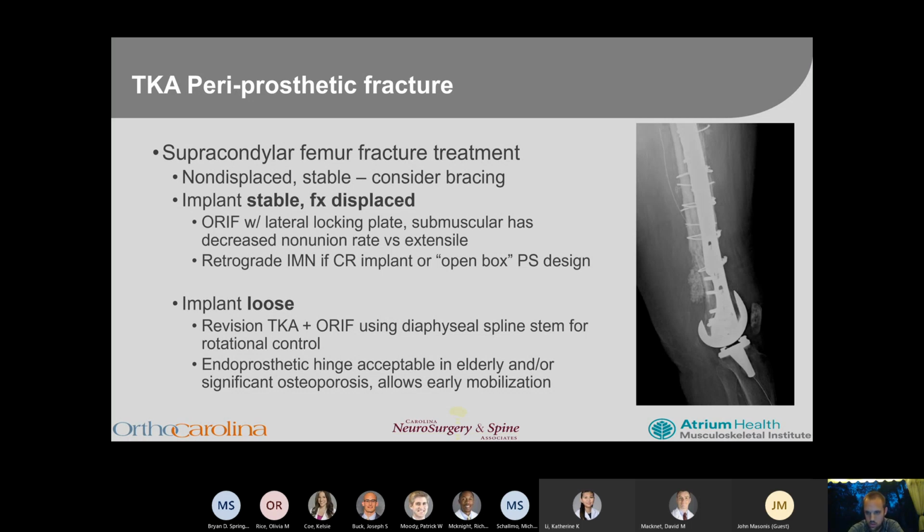Usually, the question that we always run into on the trauma service is whether or not it's an open box design. And we'll get into a little bit of that later with different total knee designs. But the majority of the time on the test, they seem to lead you toward an ORIF with a plate in these situations. If an implant is loose, that's when you get into what is called a megaprosthesis or a distal femoral replacement,